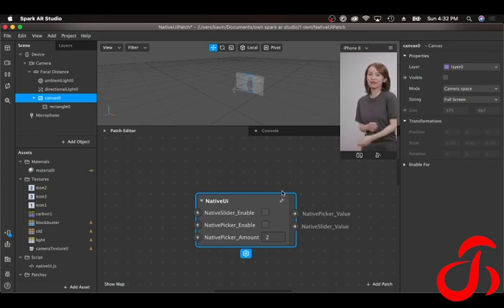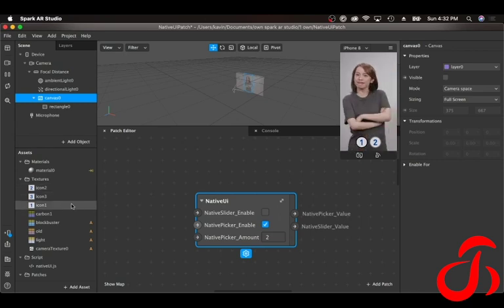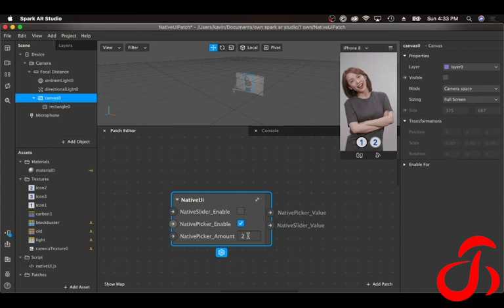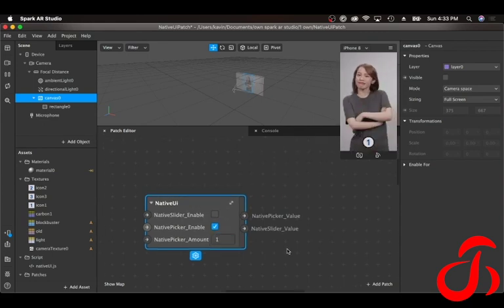In Instagram, the only way you can give multiple options or a menu is through a native UI picker. But everywhere, we have to code for that. So I made it in a simple way that you can easily increase the number of native UIs, or with a click of a button I added two native UIs. Basically I have three textures over here, so the amount of native pickers is 2. What if I change this to 1? You can see that while changing it on the patch editor, it is reflecting in the code.